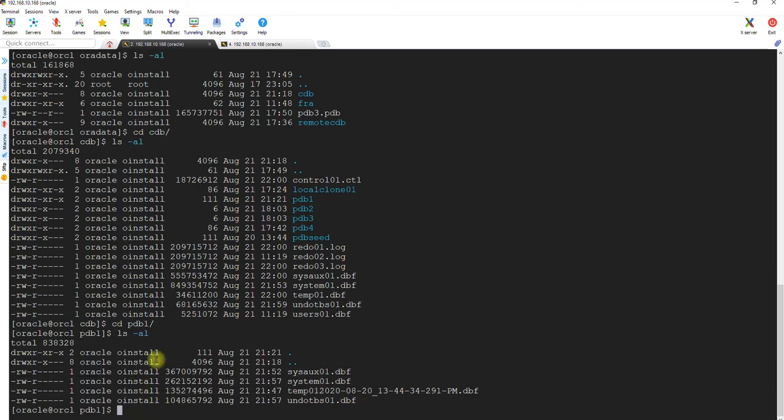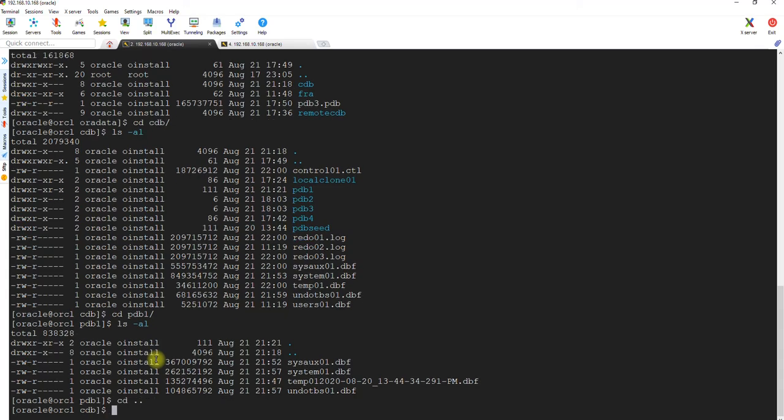Okay, so what we will be doing, because we will be cloning from PDB1, we will be creating a new one. cd .., or actually we can run it from here, mkdir -p, and you will say /oradata. This is my folder.